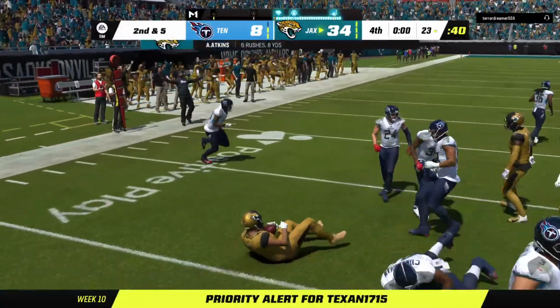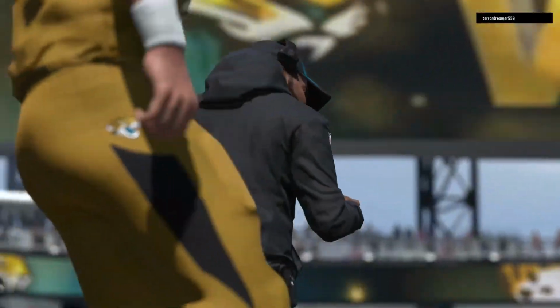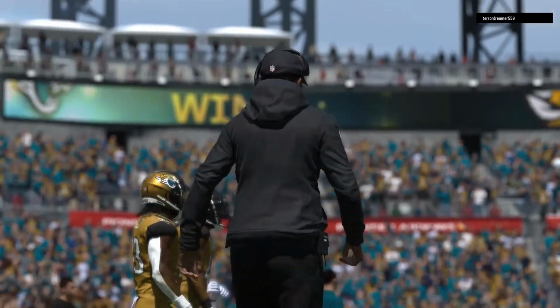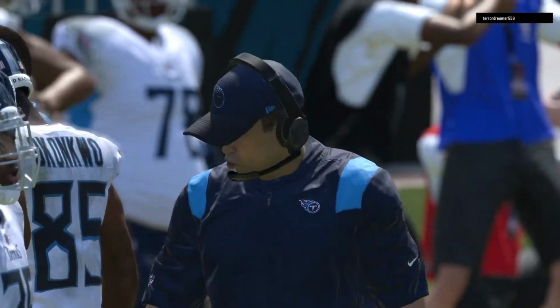And he'll take this one up to about the 23. So this will be a win for Jacksonville. I tell you what, I can't remember a defensive performance as good as this one. They seemingly forced turnover after turnover after